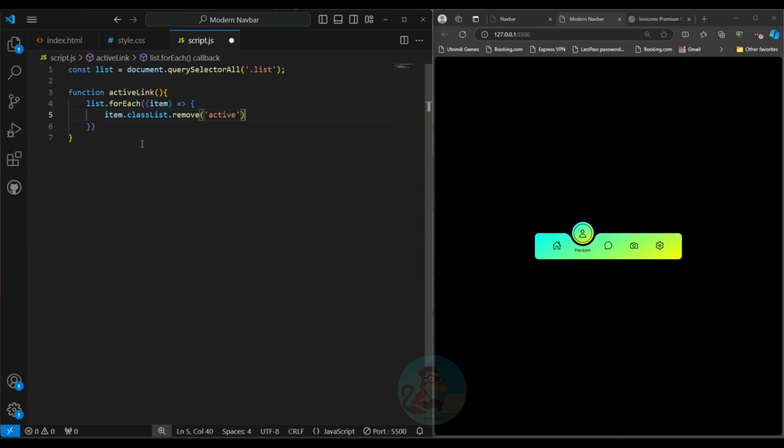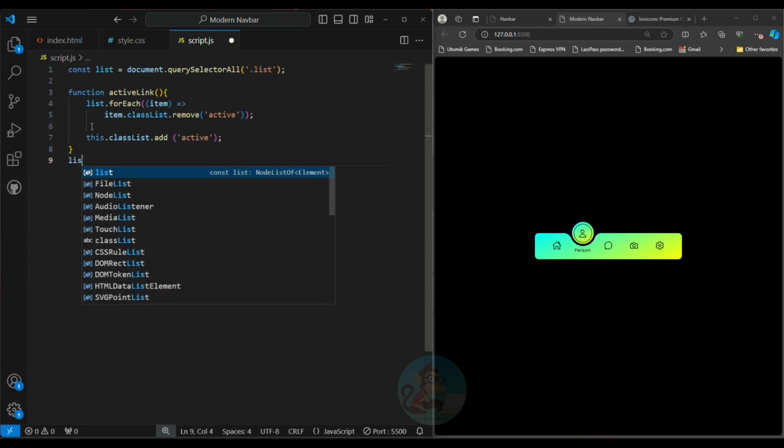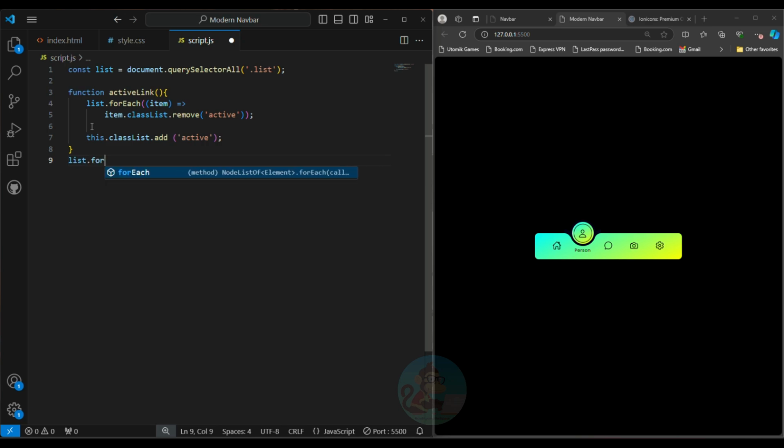So once we remove the active, what we will do here is this.classList.add. What do we have to add? We have to add the active. Whichever list is calling this activeLink, that will add the active class. That's it. So here we'll do list.forEach again, and we will have item